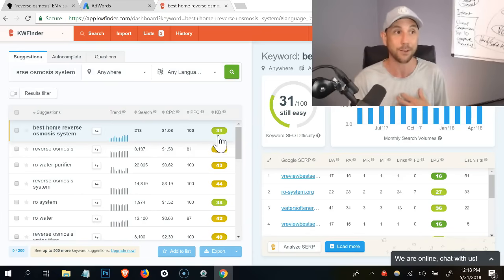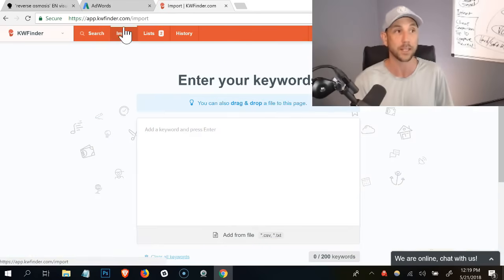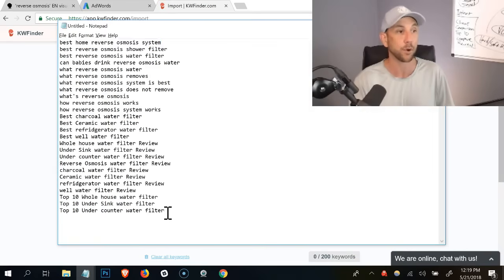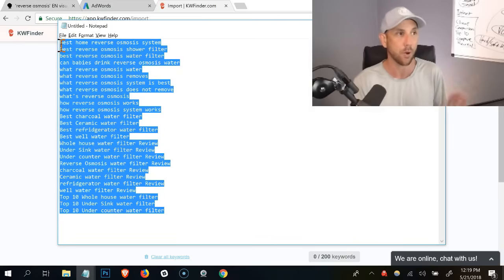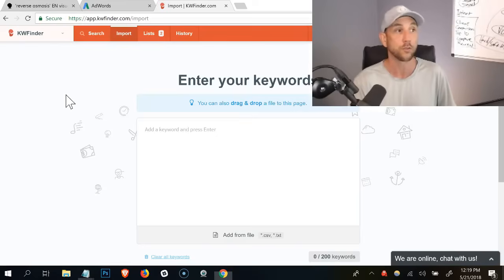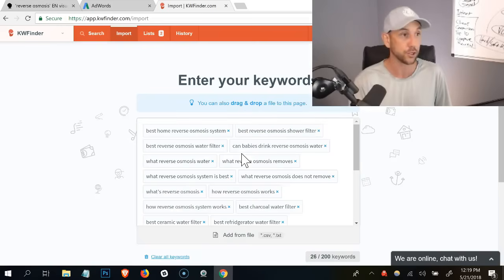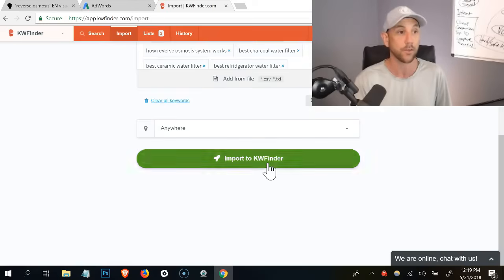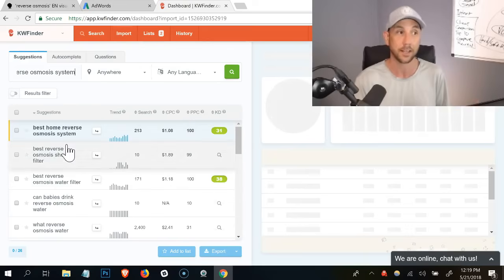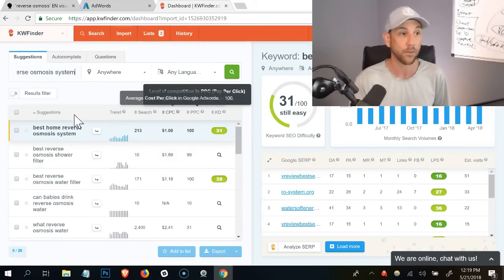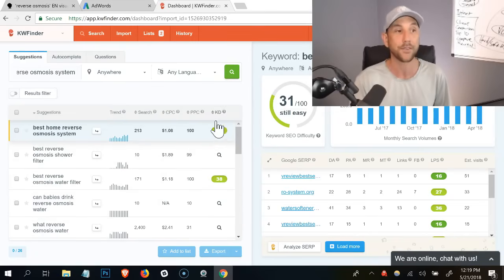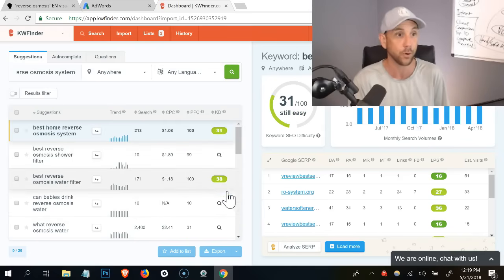For me, the keyword difficulty is fantastic, but I want to show you how you can do this in bulk. You can click the import and it'll allow you to add them in bulk. Now again, I just pieced this together. You understand that this list for you, you've already verified that they actually do have search volume. You've already verified that they actually are indeed searched. I click import to Keyword Finder and it runs the data for me. Now I only get the keyword difficulty showing on this screen if someone has ever searched it before in this tool.